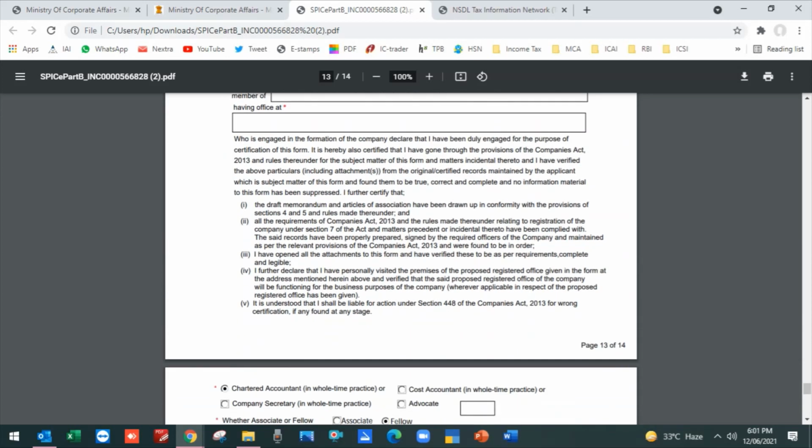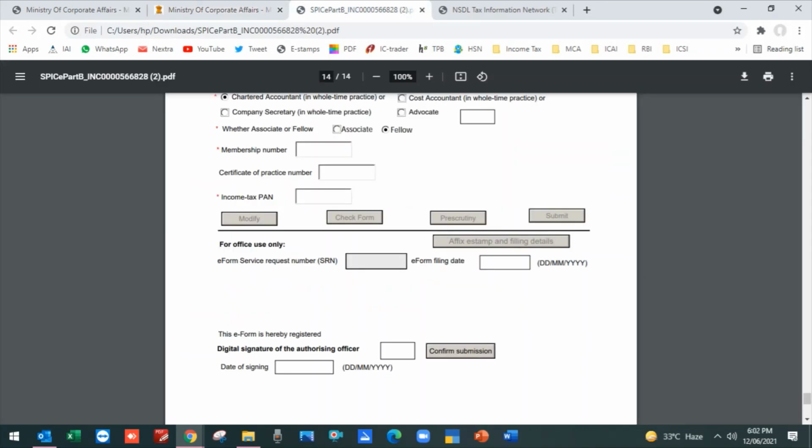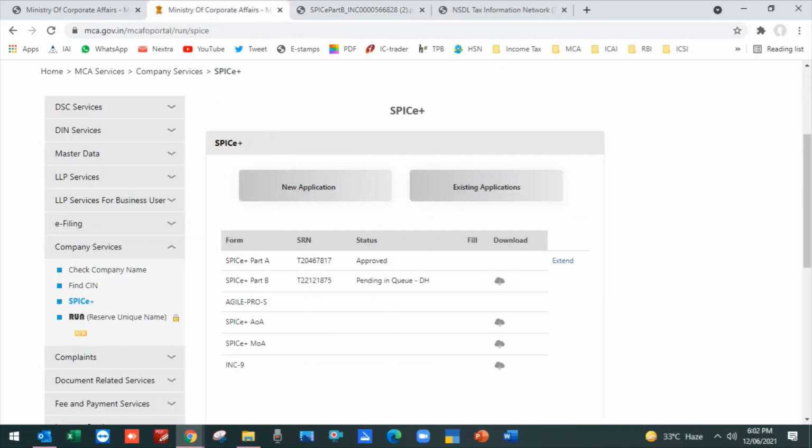After filling in all the information and declarations, they will ask you to do the pre-scrutiny. Once you complete your pre-scrutiny online, you click on submit. Once the form is submitted, the download icon will be activated. You download that form, and then it is ready for DSC signatures. In this video we will discuss only SPICe+ Part A and Part B. In the next video we will discuss AGILE PRO, and the next 2-3 videos are SPICe AOA, MOA, and then SPICe